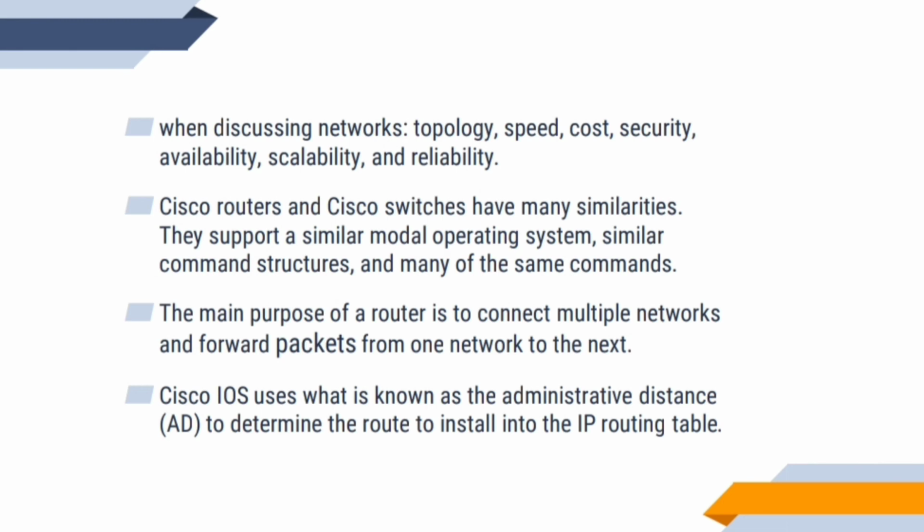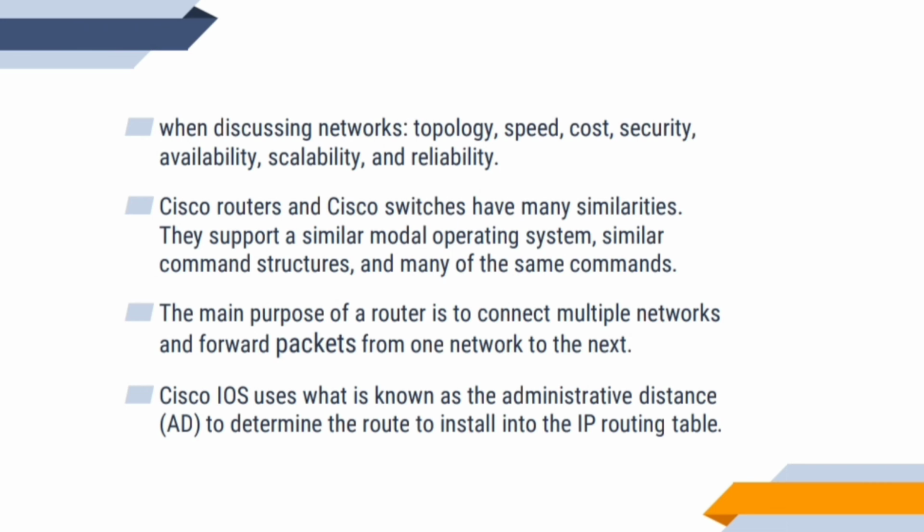They support a similar modal operating system, similar command structures, and many of the same commands. Third, the main purpose of the router is to connect multiple networks and forward packets from one network to the next. Next, Cisco IOS uses what is known as the administrative distance, or AD, to determine the route to install